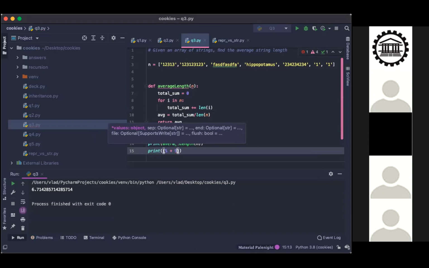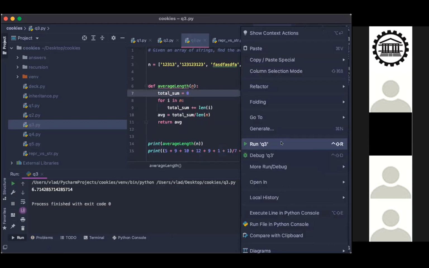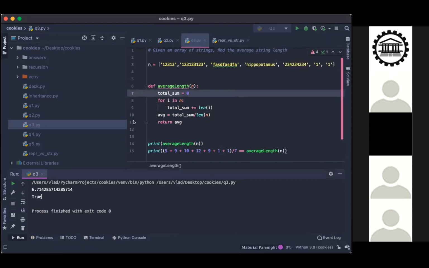We have 9 plus 10, that's 10, plus 12. 12 plus 9. And then divided by 6, or 7, actually. 7 equals the average length of n. Let's see. There we go. It is true. It worked.